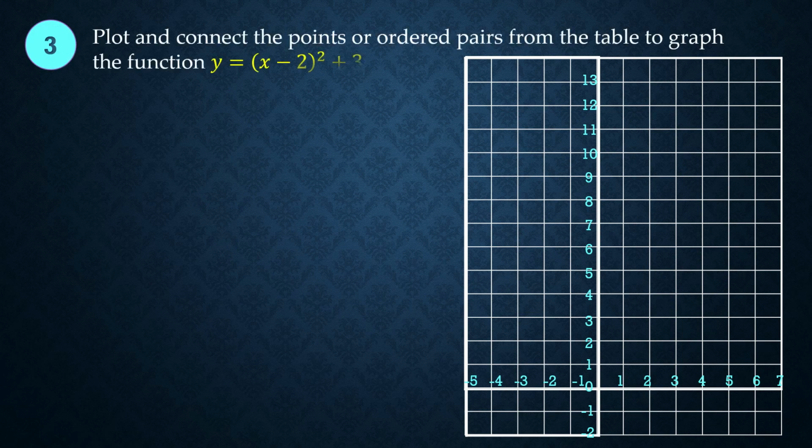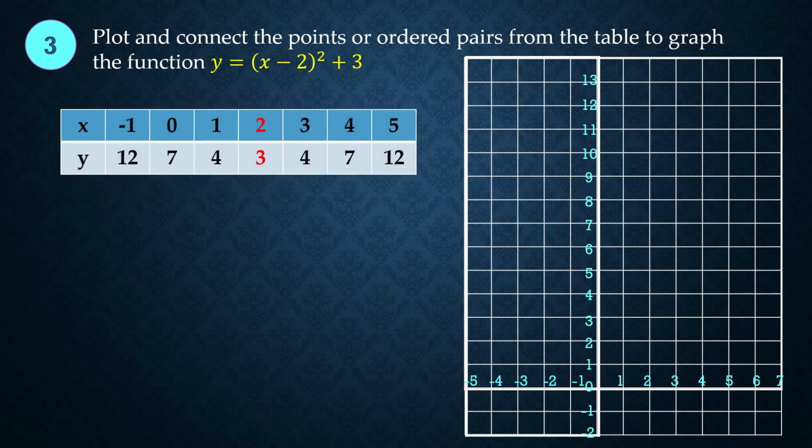Then lastly is to plot and connect the points or ordered pairs from the table to graph the function y is equal to the square of x minus 2 plus 3. So you have there the table of values; I completed the solution for the third value of x, negative 1 and positive 5, for 3 points to the left of the vertex and 3 points to the right of the vertex. So if we will plot them,